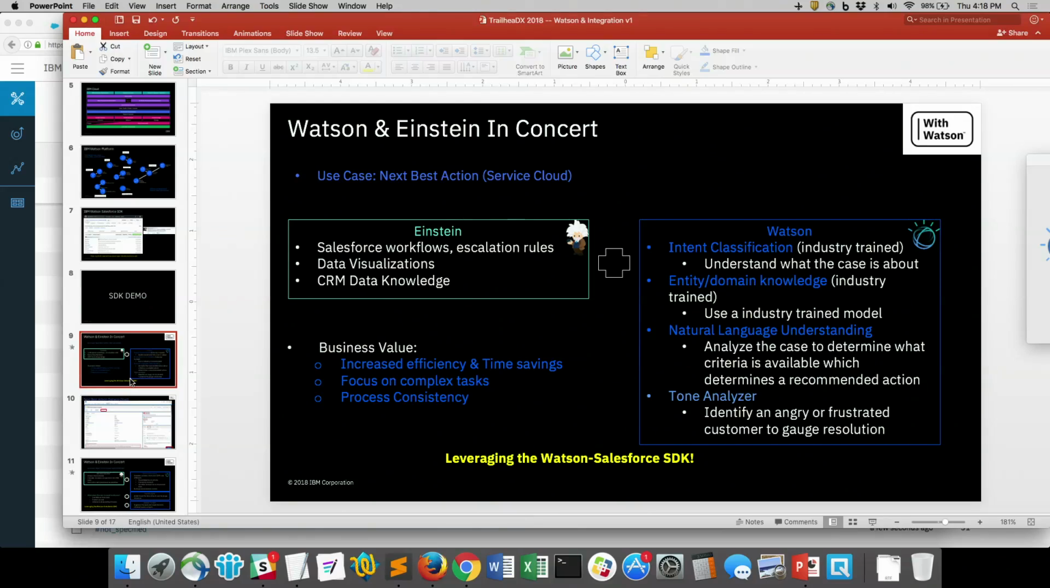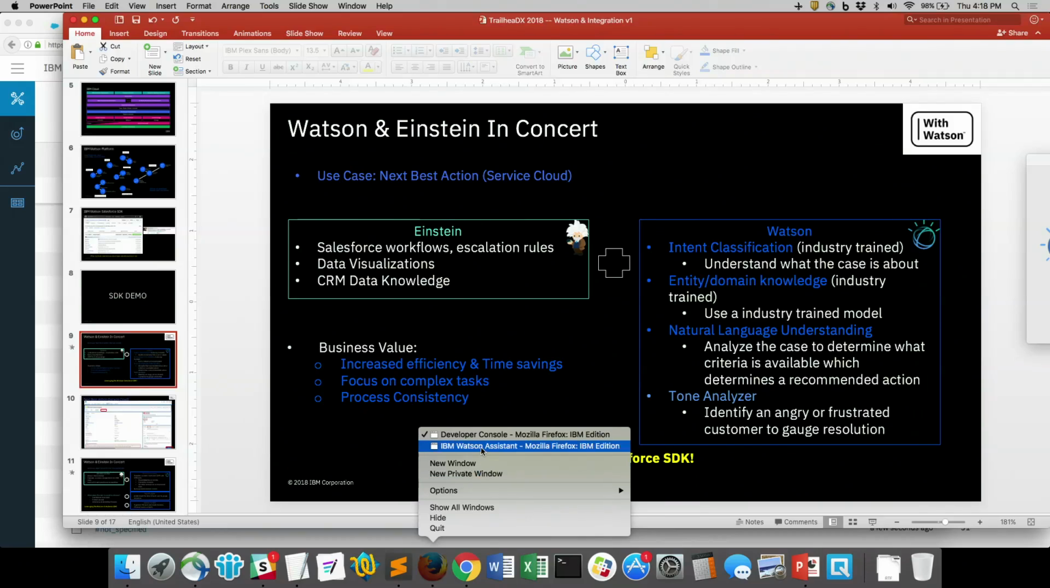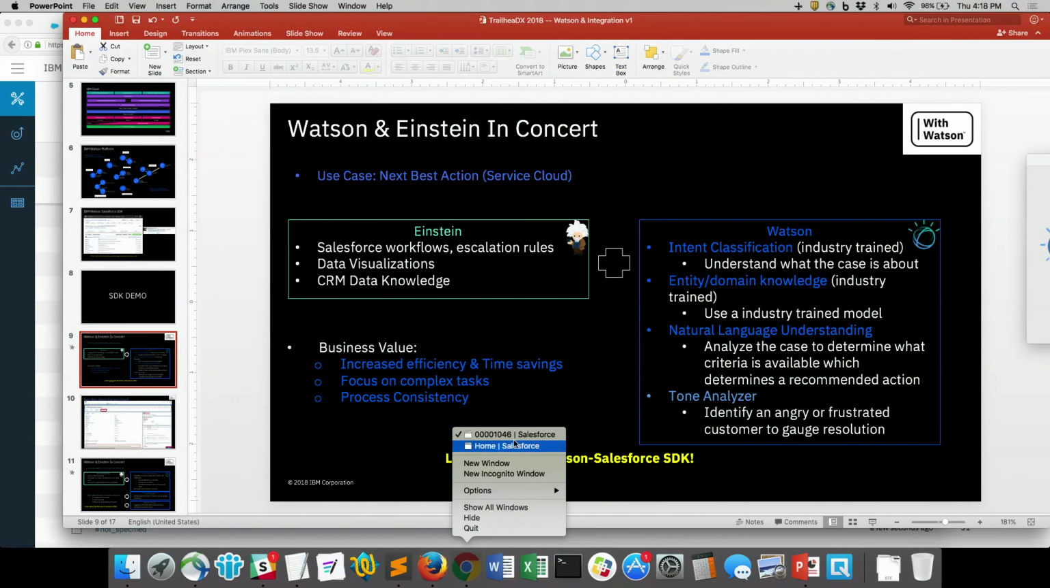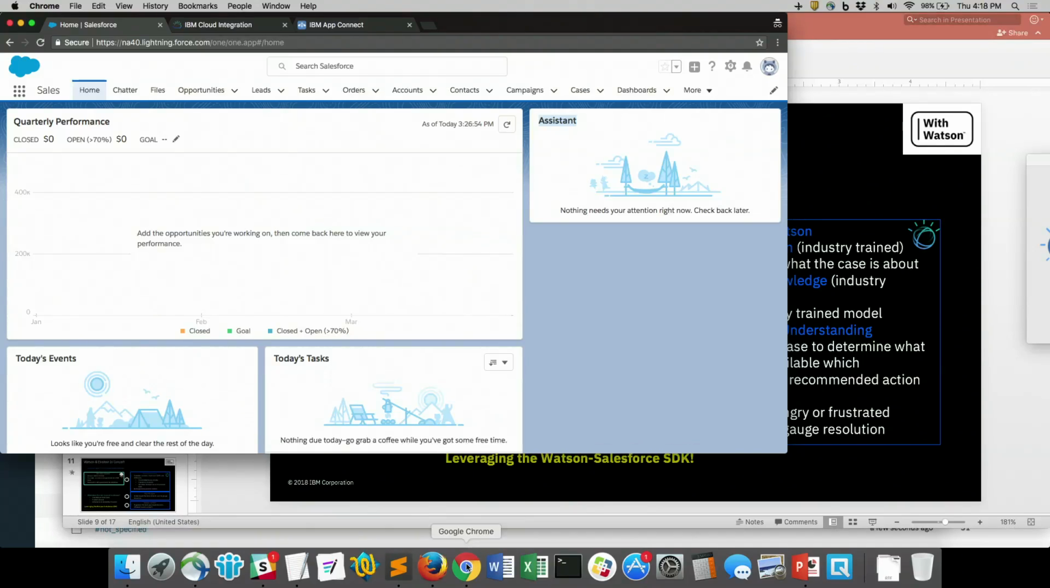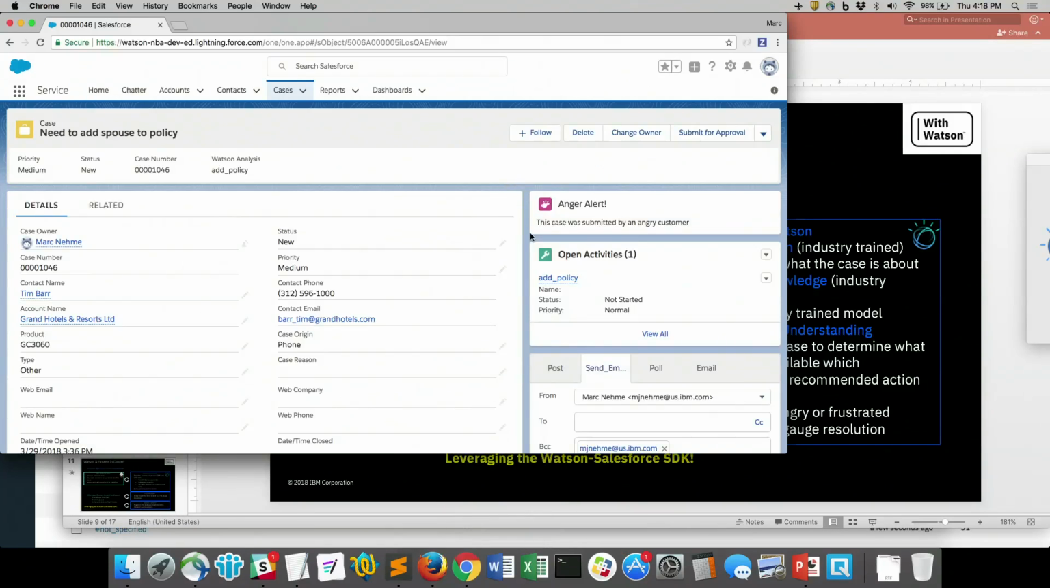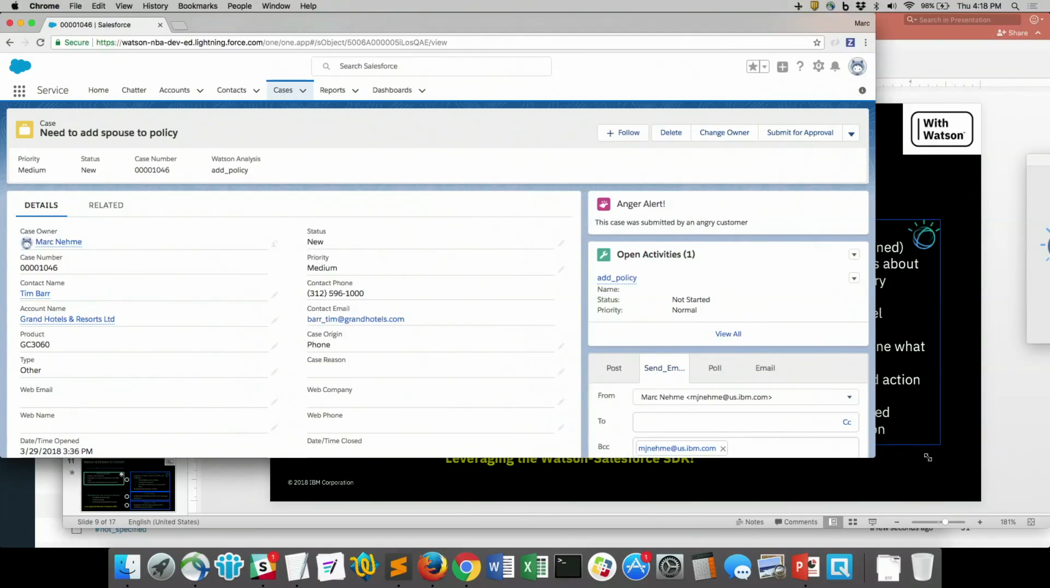In this case, what's happening is, and this is something we already built out, I can actually show you this live here. Oops, wrong one. There we go. So what I actually have here is